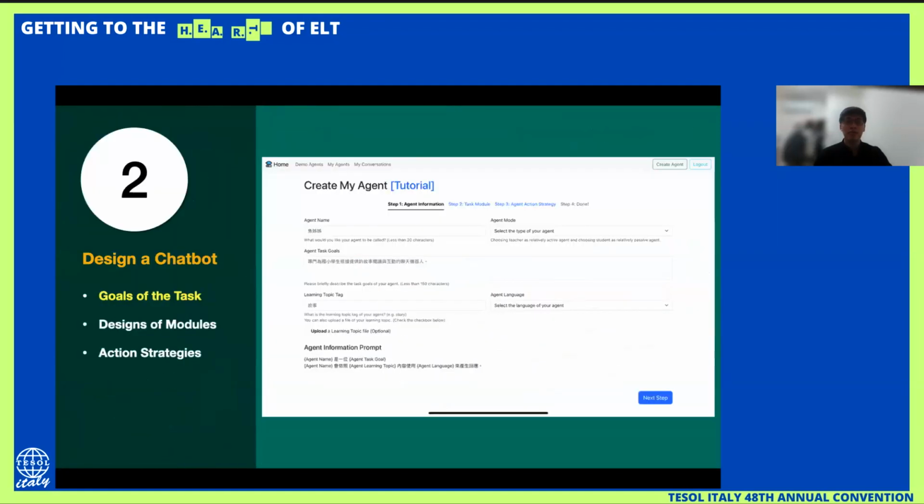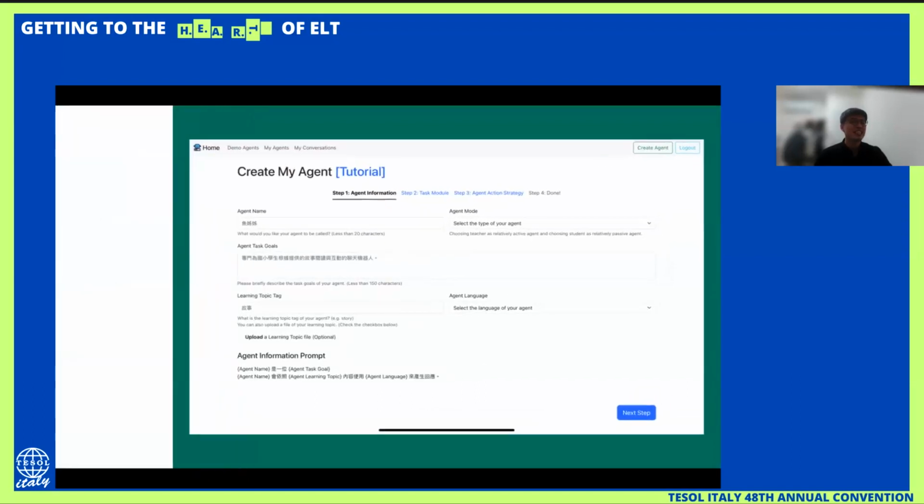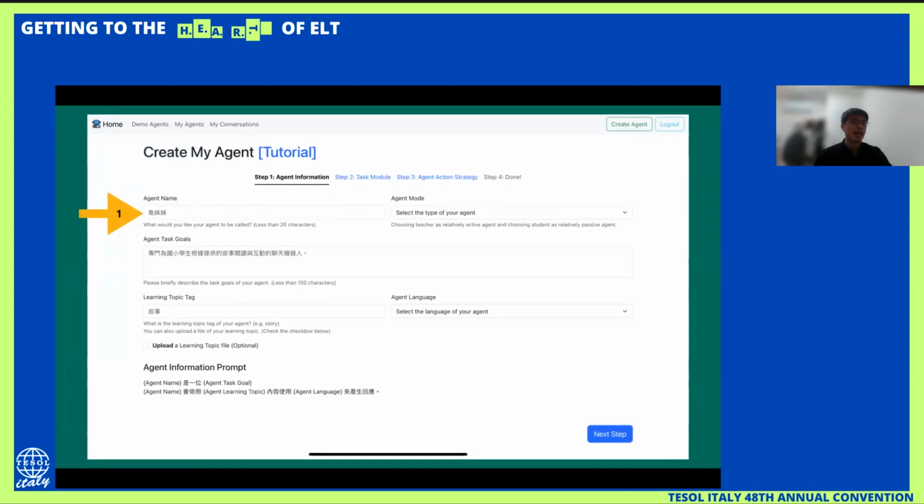For example, if you successfully join the chatbot of the EduAct, you will come up with the page for starting to create your own chatbot. And then you will come to this stage of the platform that you can see on the PPT slides. Even though some of the words are in Chinese, don't worry, there will be English versions aside. So in here, you can see create my agent.